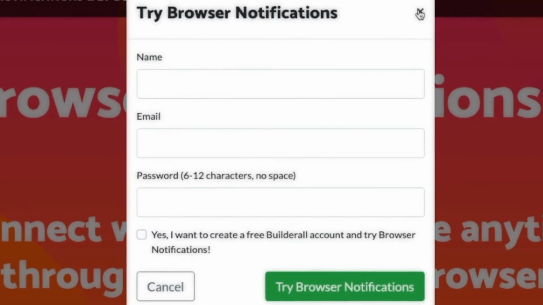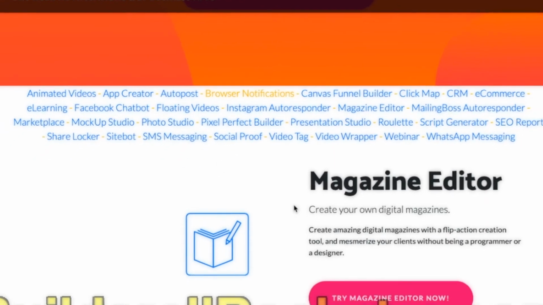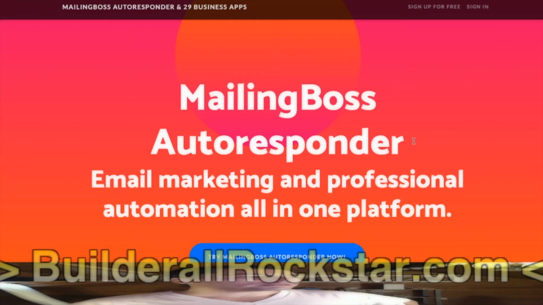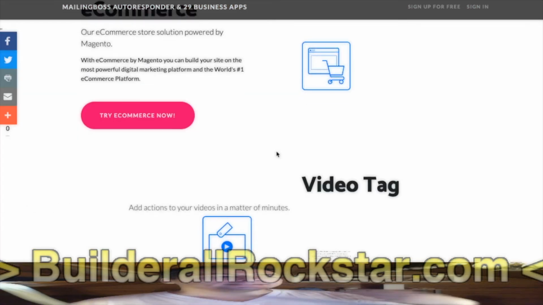When you go down, it's the same page as before, and everything below is random. All the animations and the order of the apps are random. Only this one is alphabetical, for the links. So once again, I click Mailing Boss Autoresponder. It will load the page all about Mailing Boss Autoresponder for the header part. Mailing Boss Autoresponders, it should say in Paris. Voilà. In Paris, email marketing, try. And then at the bottom, you have all the tools displayed in random dynamic animations.